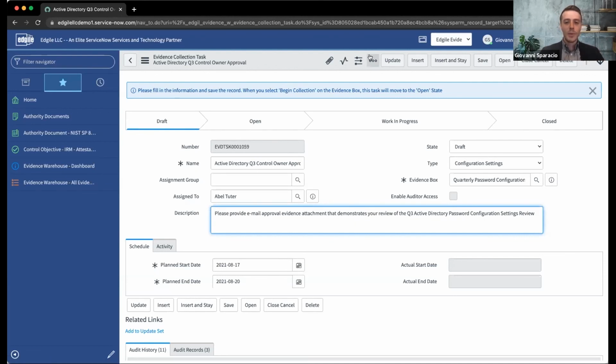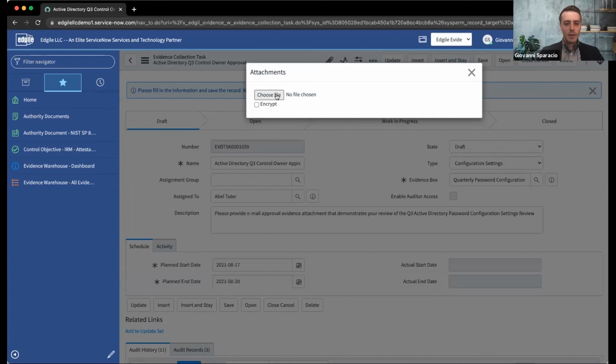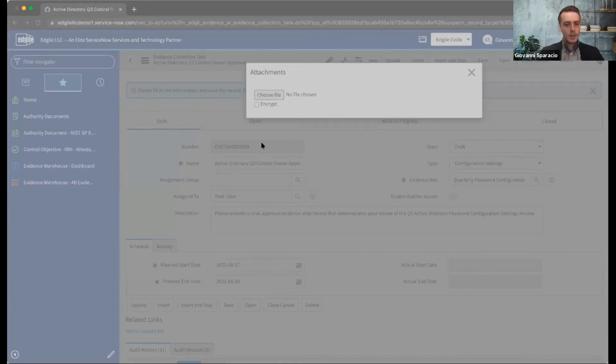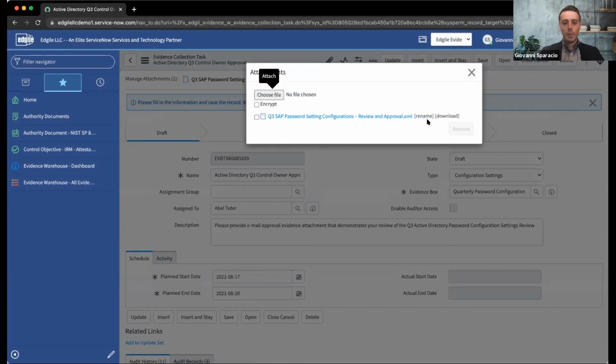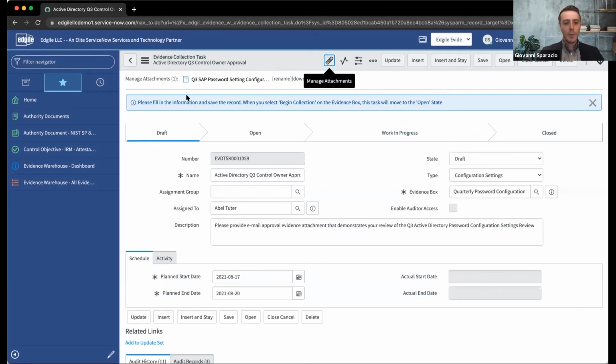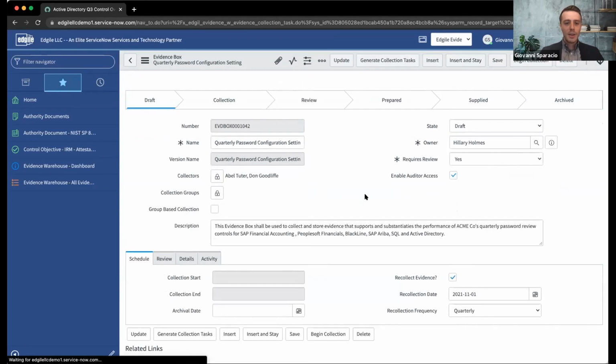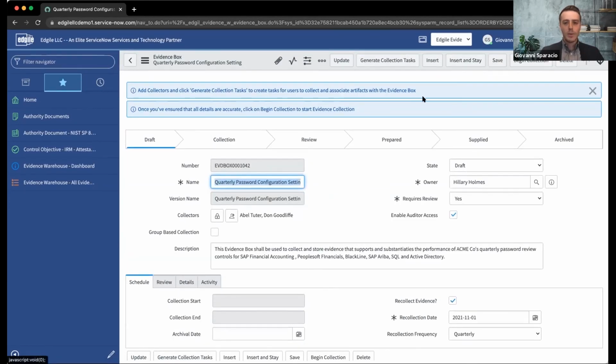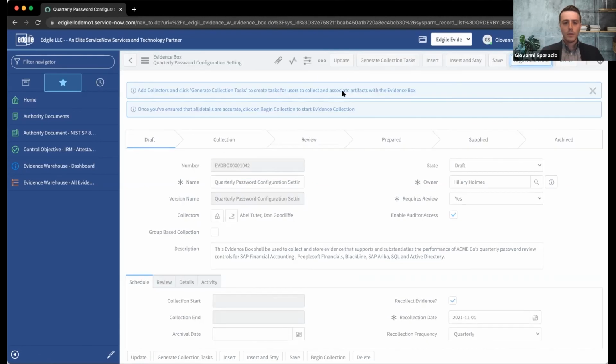So as an example, I'll go in here, choose an attachment, and we'll put the review and approval in there. It'll upload, and you can see that we now have attachments here. So as I back out into the evidence box, we have the ability to see, sorry, excuse me,